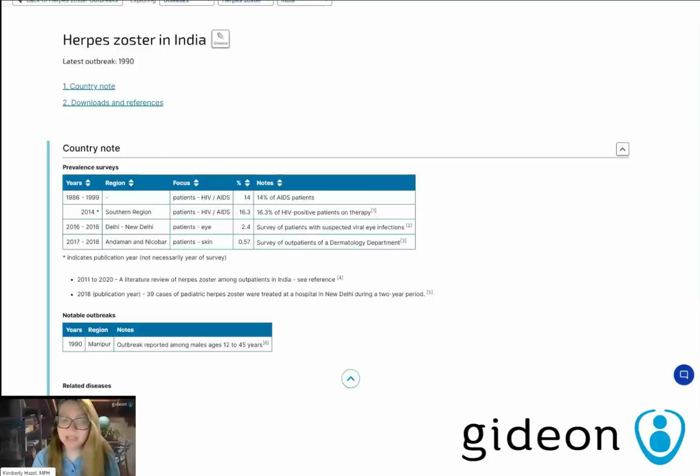that happened. It turned out that there was actually an HIV pandemic happening within India, and they actually started to see that there was a very large increase in shingles happening around that same time, and they were very curious about what it was. So a handful of studies were done, and one in particular basically stated that they thought that the actual occurrence of this outbreak of shingles was specifically related to the immunosuppressive effects of HIV. And that is why we were able to actually see an outbreak of shingles, which we have never seen again